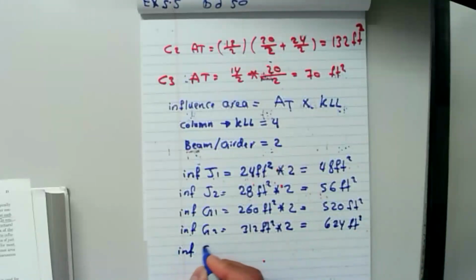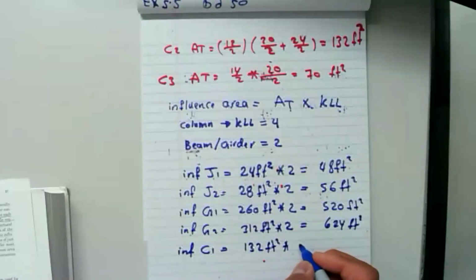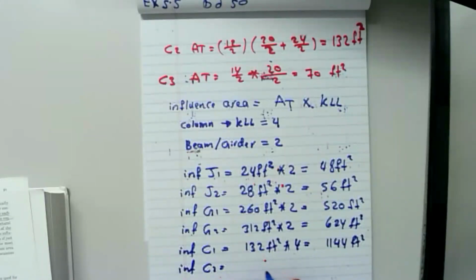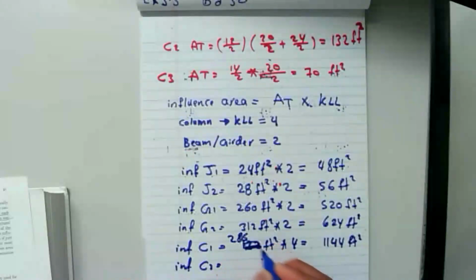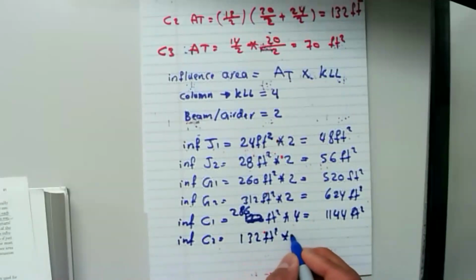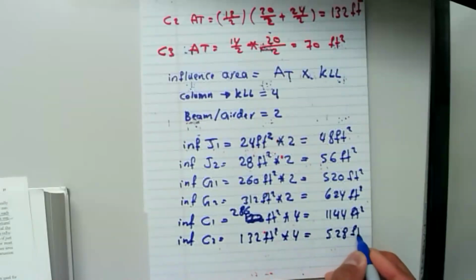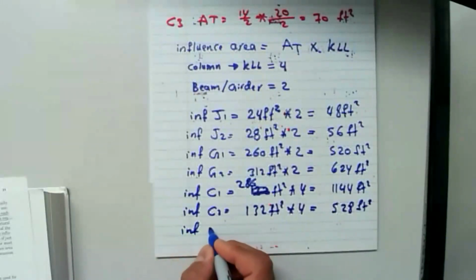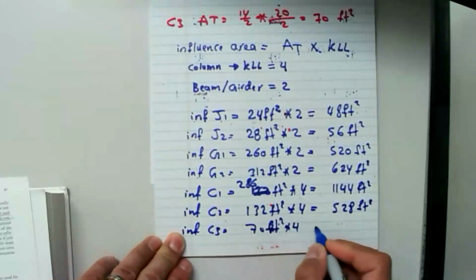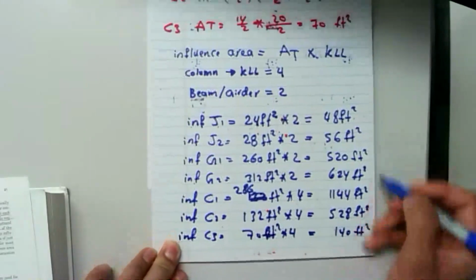And then the influence area for column 1 is 132 square feet times what? 4. So this gives me 1144 square feet. Influence area for column 2 is, no, actually not this one, it should be 286. And this one here is 132 square feet times 4, and it gives me 528 square feet. And then the influence area for column 3 is 70 square feet times 4, and this would be 140 square feet. And I'm purposely mentioning the square feet